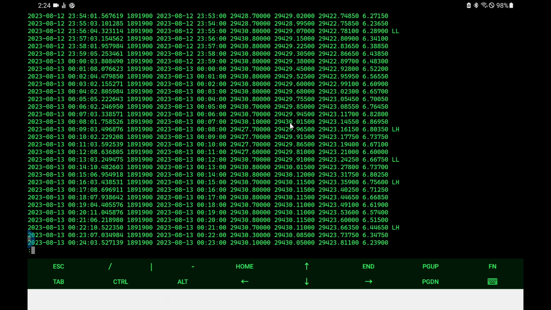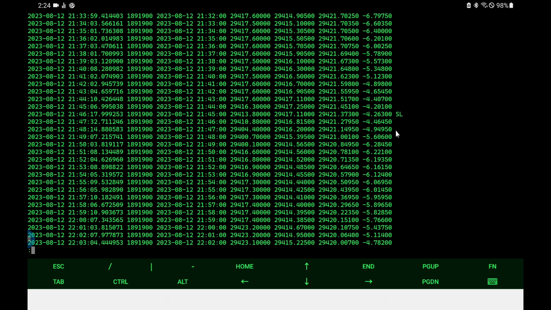29.96, 30.01, and 29.94. We have that inverted V pattern. So in essence, if you buy on the swing low and you sell on the swing high, you're going to make your profit. Now when we're shorting, it's the same concept, but just the opposite of when you take a long position. So a swing low on a short is actually the upside down V pattern,